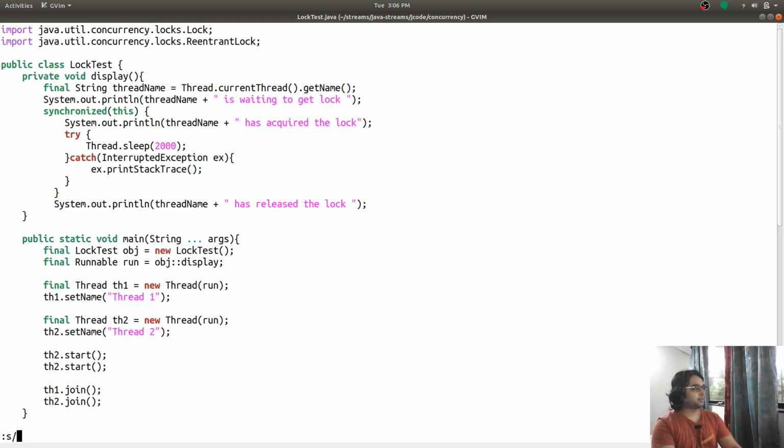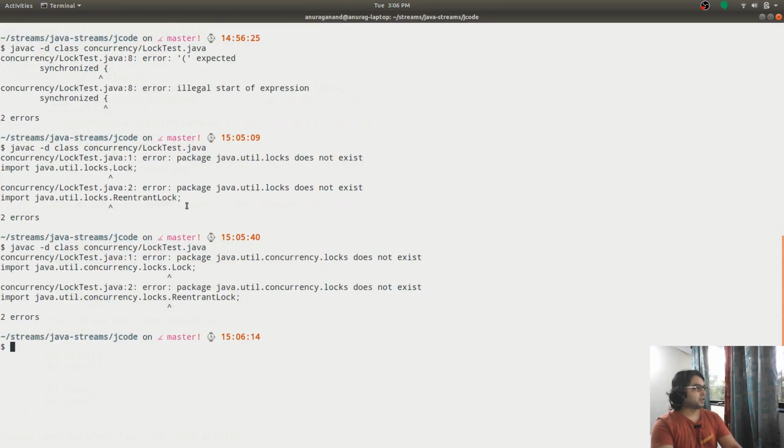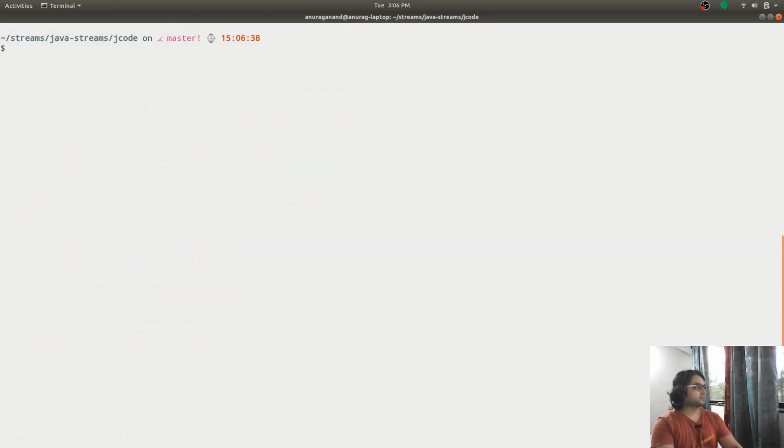It is java.util.concurrent.locks.ReentrantLock.